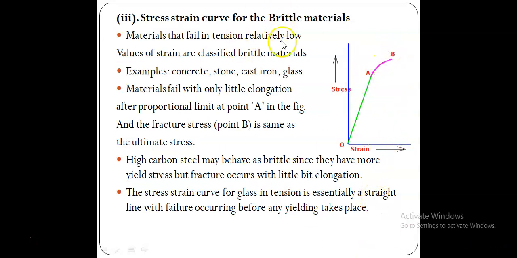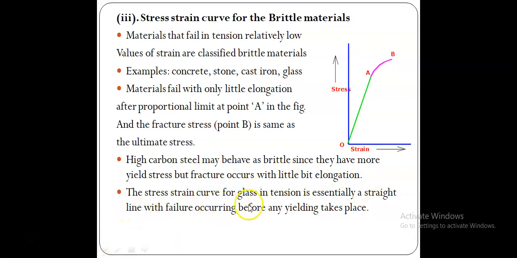In case of ductile material, it has a wide range of deformation, it is subjected to large deformation before it breaks, but in this brittle material it has very small deformation at its breaking state. So this is the major difference. And we can say some brittle materials: concrete, stone, cast iron, glass, these are all brittle materials. Okay, sometimes high carbon steel may behave as brittle since it has more yield stress, but fracture occurs with a little bit of